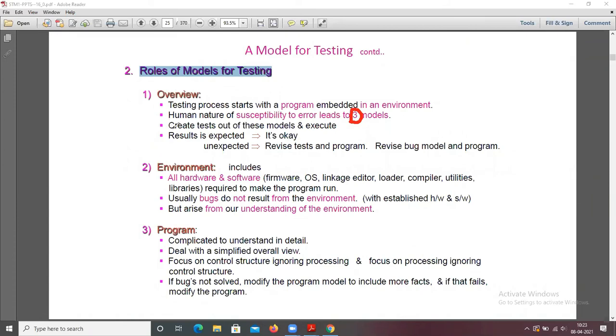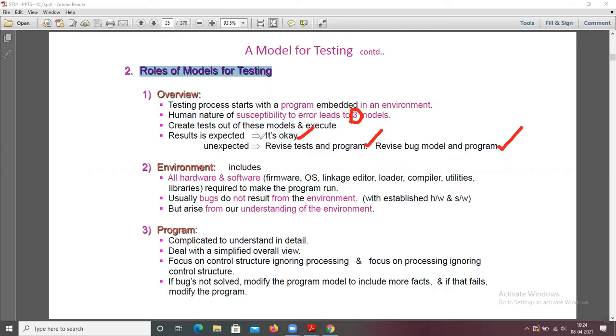So create tests out of these models and execute. If the result is expected, it's okay. If unexpected, revise the tests and program. And if you get a bug, revise the bug model and program.